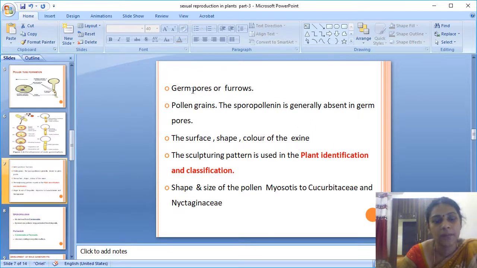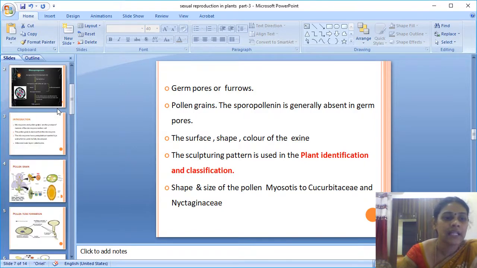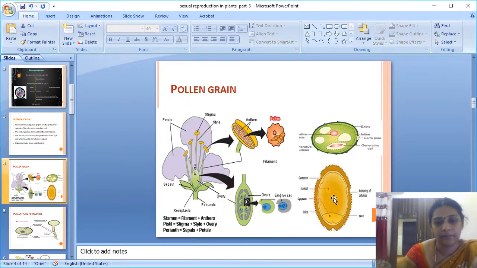That means if the space present in the exine layer is oval or circular in shape, it is called a germ pore. If it is somewhat elongated, it is called a furrow. So this is the germ pore of the exine layer of the pollen. This is very important, right? Here and there some gap is there, and that gap or space is called a germ pore or furrow depending upon the shape.